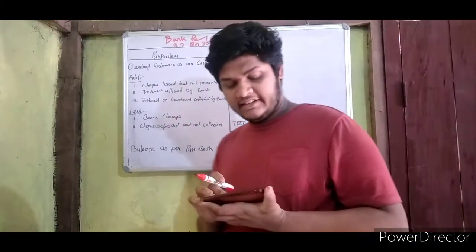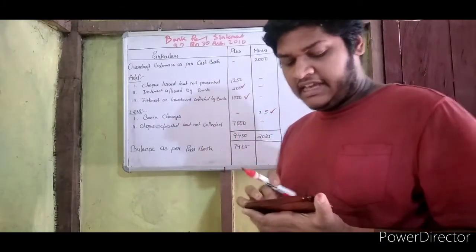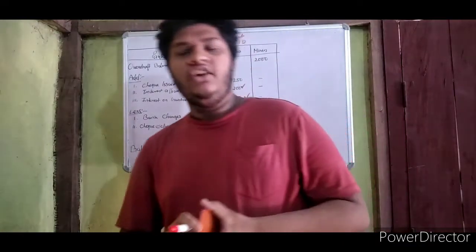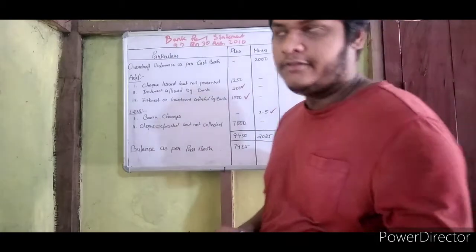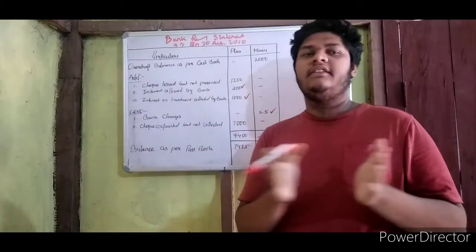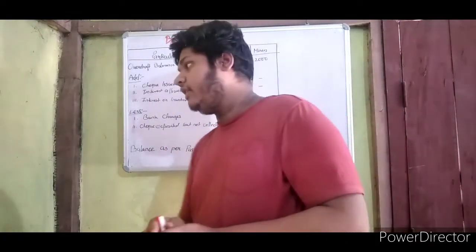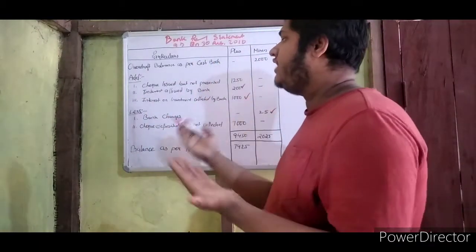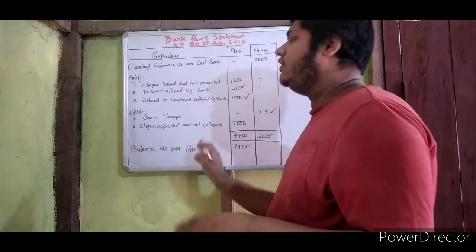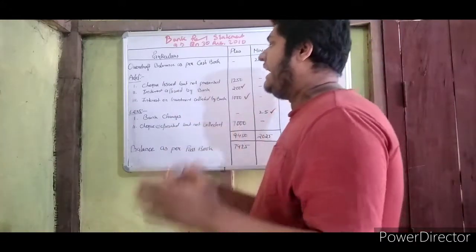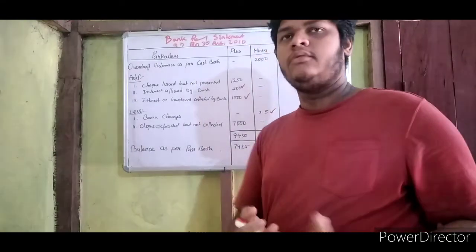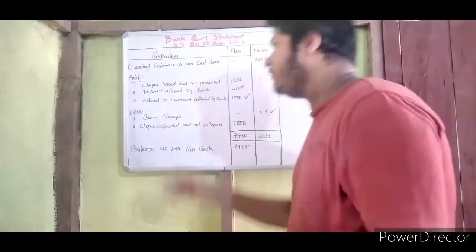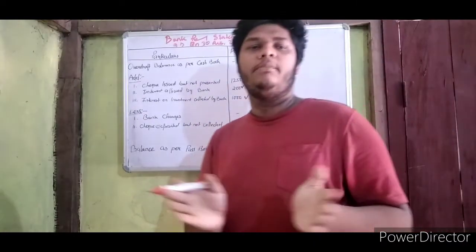Okay, now the last entry, that is check of rupees 7000 deposited to bank but not collected. So you have deposited a check of rupees 7000, but it has not been collected yet. When it is not collected, it will be in the less column. Check deposited but not collected. Check issued, it will be in the add column. Check deposited, it will be in the less column. Memorize that. Interest allowed, that means you got interest without knowing, it will be in the add column, and bank charges without informing you will also be in the less column. So add, less, it is a game of plus and minus.